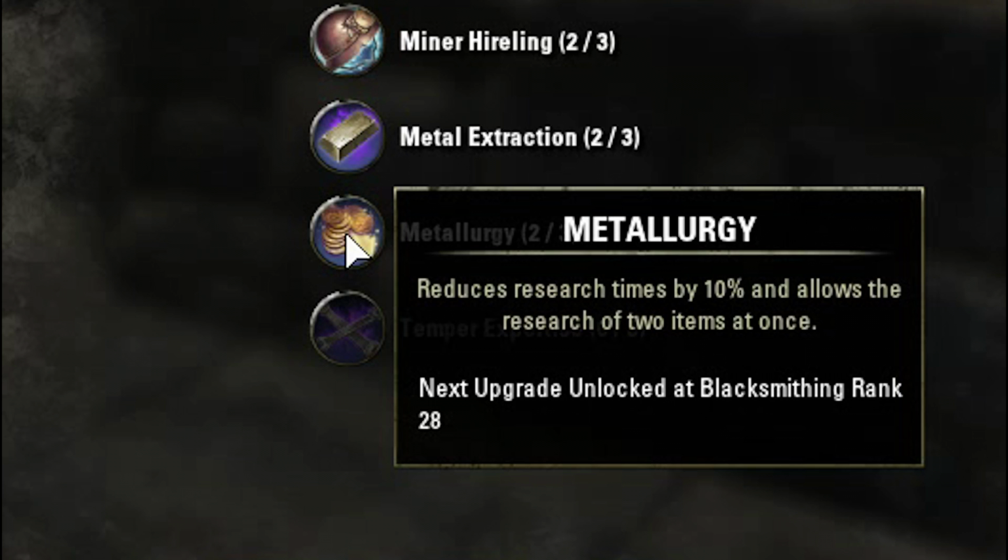So it's definitely worth putting points into this. And something you should remember is that once you have completed researching every trait on every item, you can reset your skills and not put the points back into this because you've finished researching. You don't need those skill points in this particular skill line anymore. You will still keep all of the traits that you have researched. So if you do eventually end up researching everything, I would suggest that you reset your skills and get these